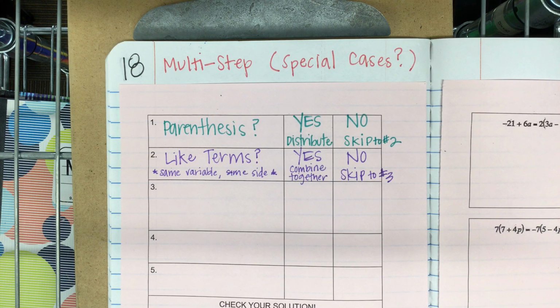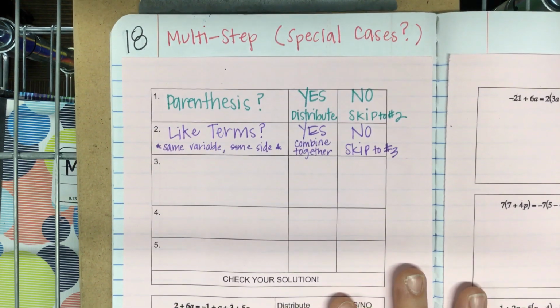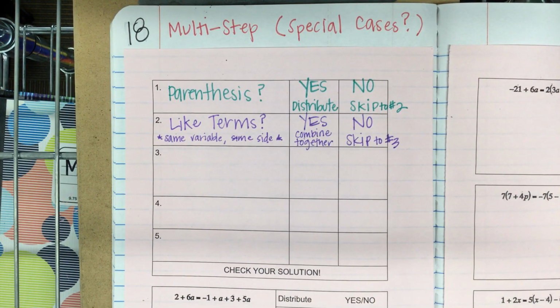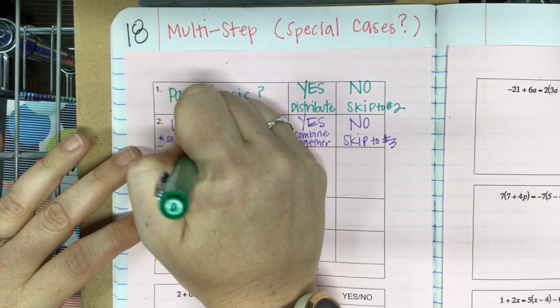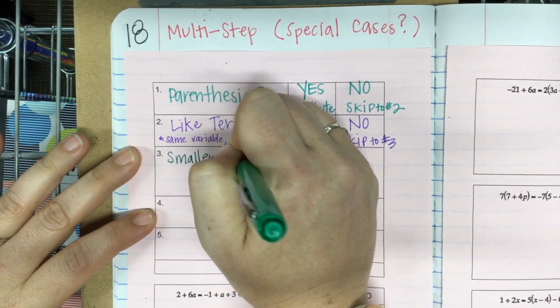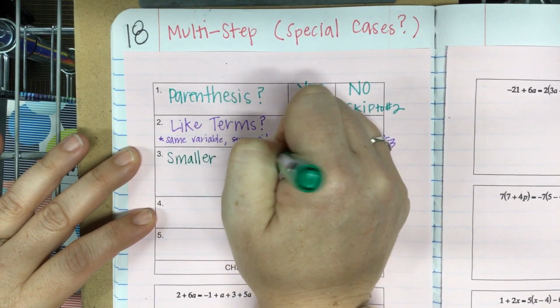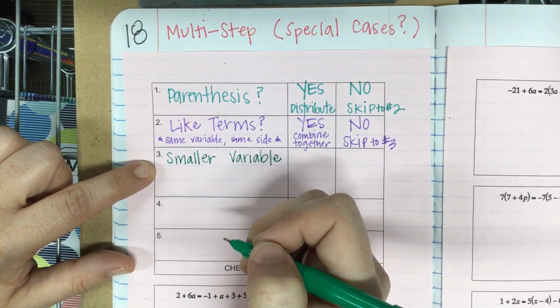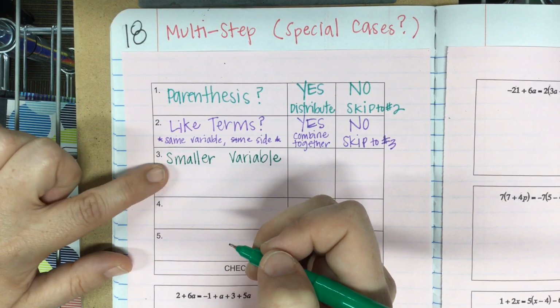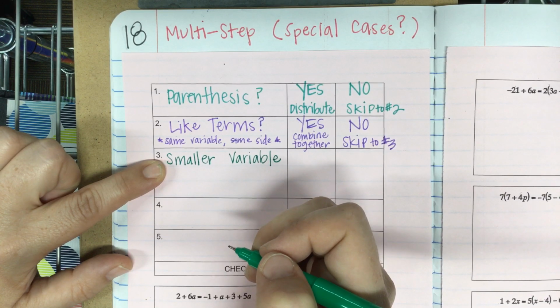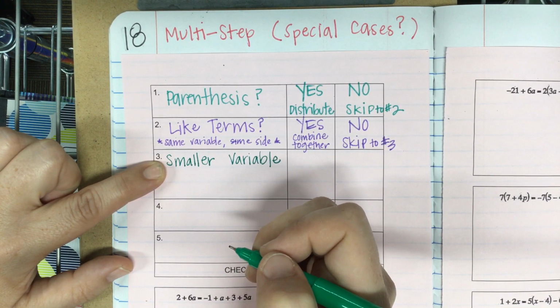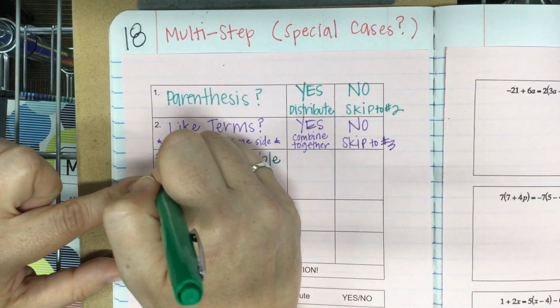We've asked ourselves, are there parentheses, every time. Are there like terms? We've asked every time. So then 3, when we got to variables on both sides, we then asked ourselves, is there a smaller variable? And remember, these are on opposite sides, correct? Now, the new part today. Sometimes you'd say, no, there is not a smaller variable. Sometimes you say, yes, there is a smaller variable. The new part today: